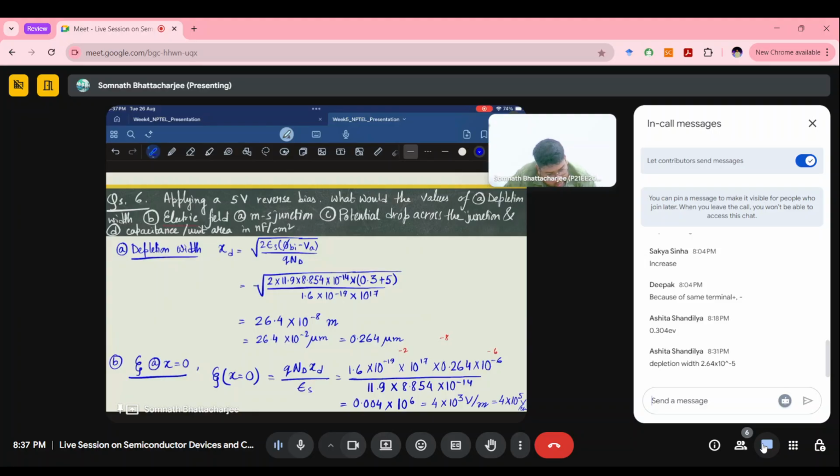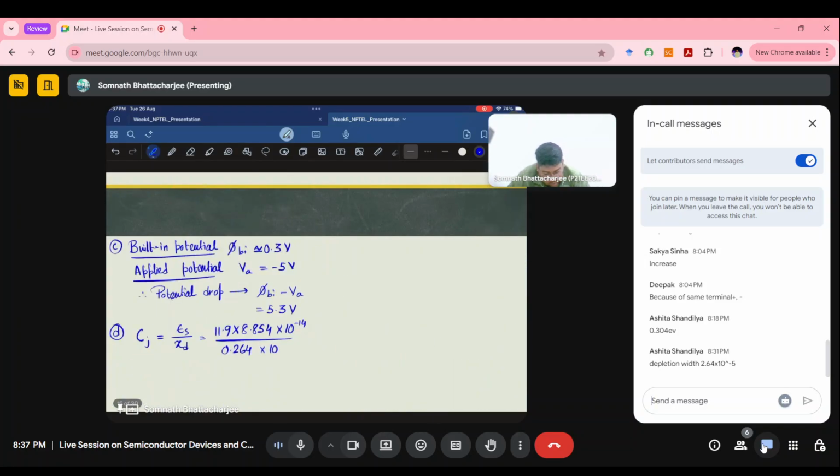So let's write it in centimeter anyways, because we need to convert it to centimeter square. So it should be this, or we can write it like this. So 11.9 into 8.854 divided by 0.264. So the value is nothing but 399.1